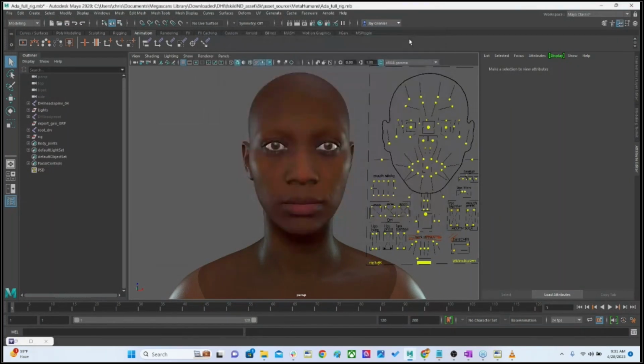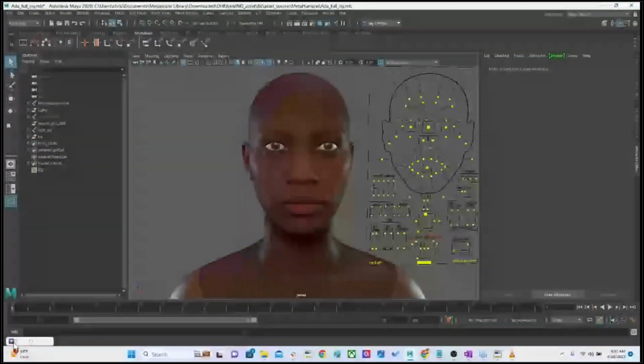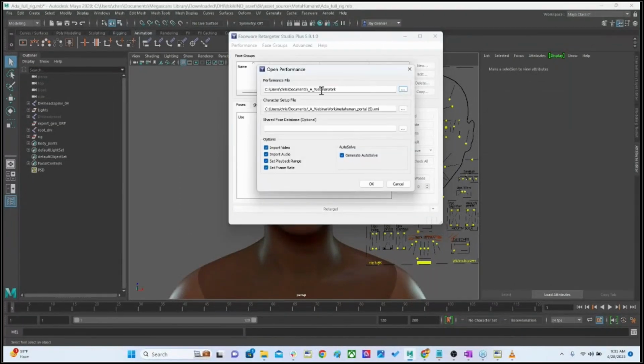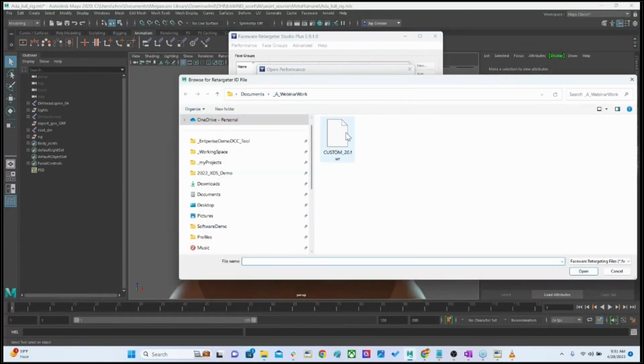Some of you may have seen this procedural workflow before using the JSON. I will go over that while it's baking at a high level, but today I'm going to be demonstrating Retargeter's Autosolve, which leverages the JSON data to solve. I have Retargeter open, and I'm going to go to Performances and open. I'm going to navigate to that FWR file that I just downloaded,